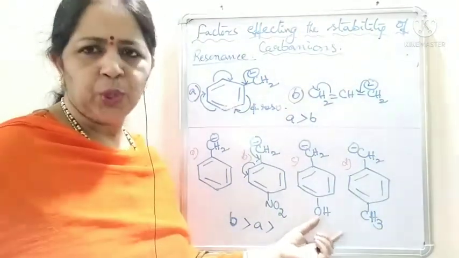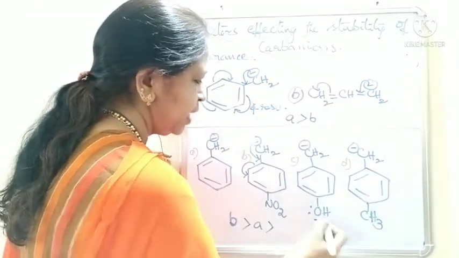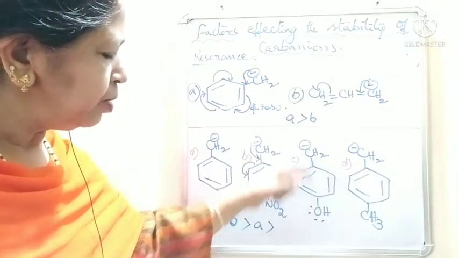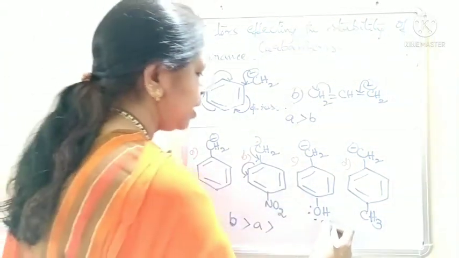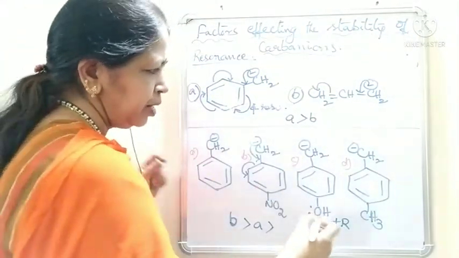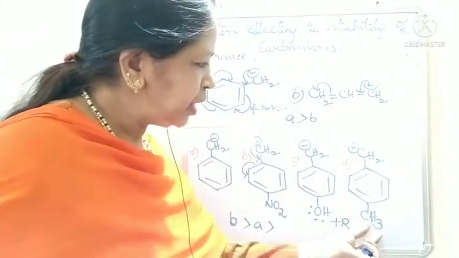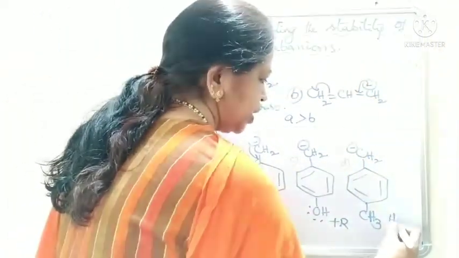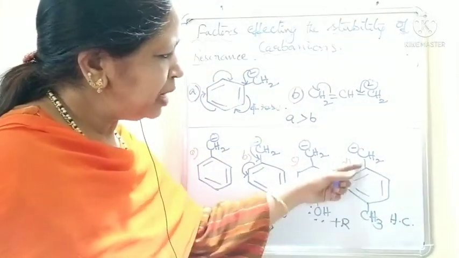Whose effect will be more? This OH group has 2 lone pairs of electrons. It destabilizes the benzyl carbanion by donating its electron pair. That means it shows the plus R effect. And in D, there are no lone pairs of electrons. It destabilizes the benzyl carbanion by hyperconjugation. It has 3 alpha hydrogens. So, it will destabilize by hyperconjugation,